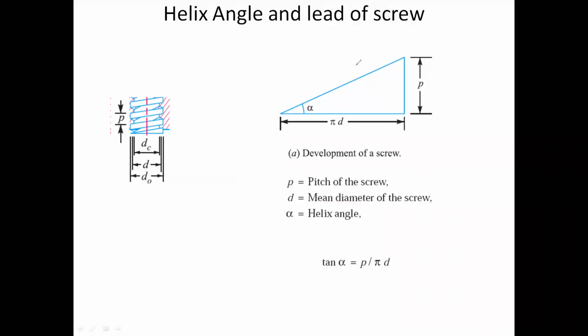If you just go in the market and search for any screw, then you'll find that the screws are designated with their nominal outer diameter. आपको outer diameter के हिसाब से screw बाजार में मिल जाएंगे.